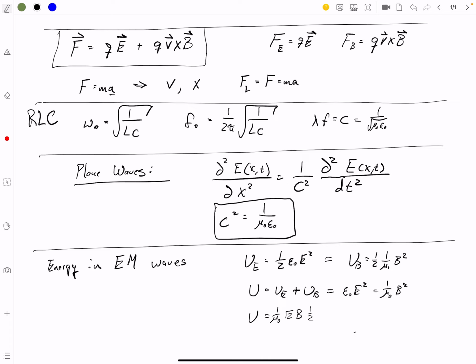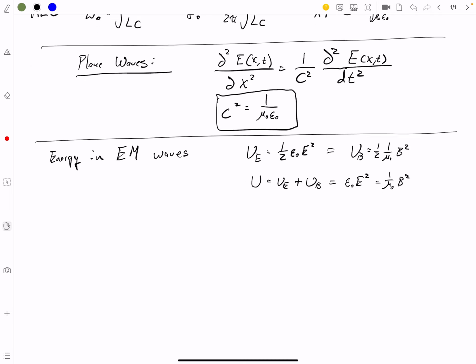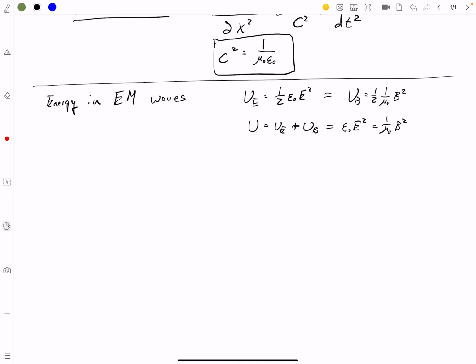That's not it. To do it right, I think we need to divide by C. So that's not it. But what is true is our Poynting vector